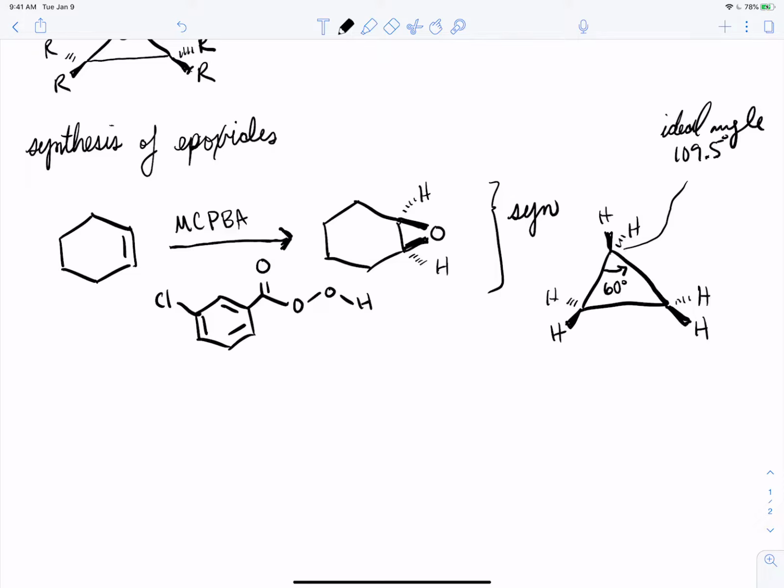So if the actual angle is 60 degrees and we think of strain,